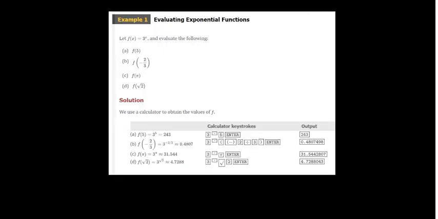Okay, so next up, we're going to evaluate this. And again, I think today is just going to be one of those snip days where I just snip and talk. So let f of x is equal to 3 raised to the x power and evaluate the following. We're going to evaluate f of 5, f of negative 2/3, f of pi, and f of the square root of 2. So we've evaluated functions at different values before, and this is no different, right? So f of 5 is simply just going to be 3 raised to the 5th power, okay? And 3 raised to the 5th power, we see down here, would be